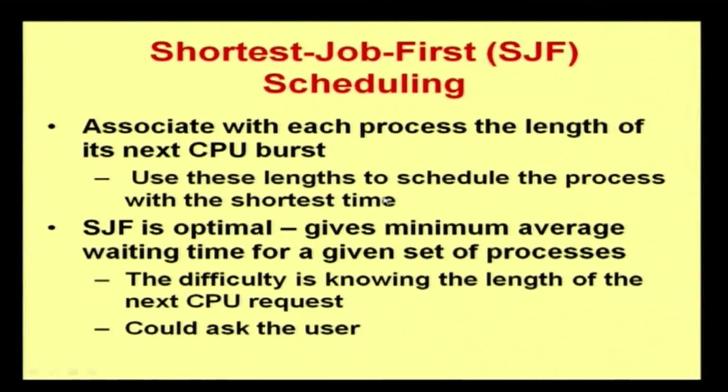The shortest job first algorithm is based on the burst time, how much time is required for executing a particular process. Which process takes the shortest time to complete its execution is taken first, and then the average waiting time is calculated. So CPU scheduling is done based on different algorithms, and any approach can be taken for any